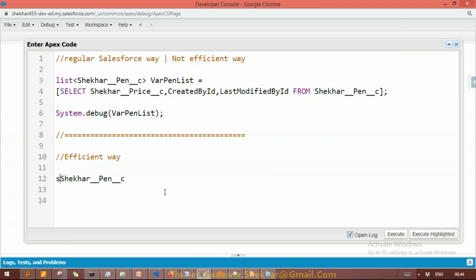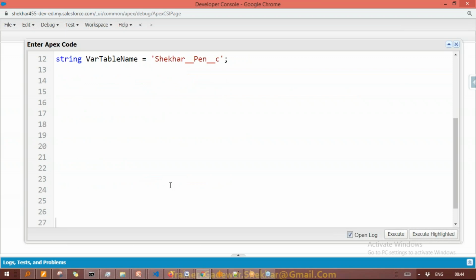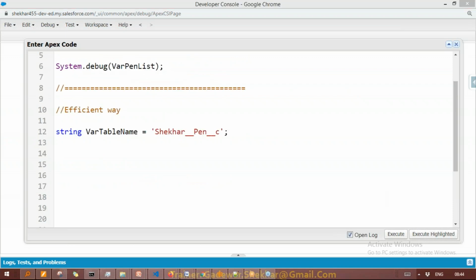So right here, string var table name or object name, your wish. Variable name is your wish. How you want to write, you can write as you wish. As per your wish, you can write and give the semicolon. So I can write your table name, I can write your object name. Okay, no problem. First thing this. So mention your object. Then next step, you have to create one more string, and that is nothing but the query.